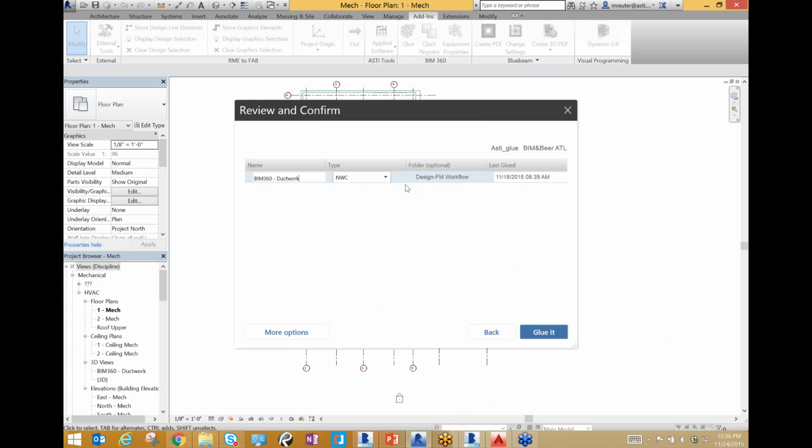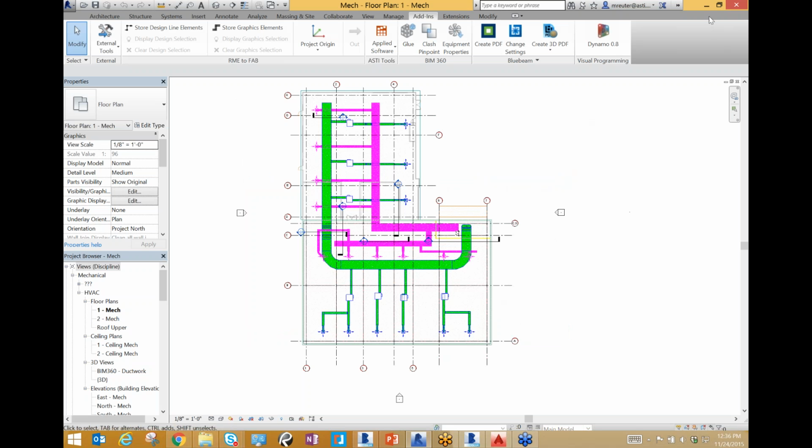But because I have already named the model BIM 360-ductwork, it's going to find the most recent version of that, and the most recent version was from 11/18 at 8:39 a.m. So I'm going to select glue it, and then we're going to wait for that to